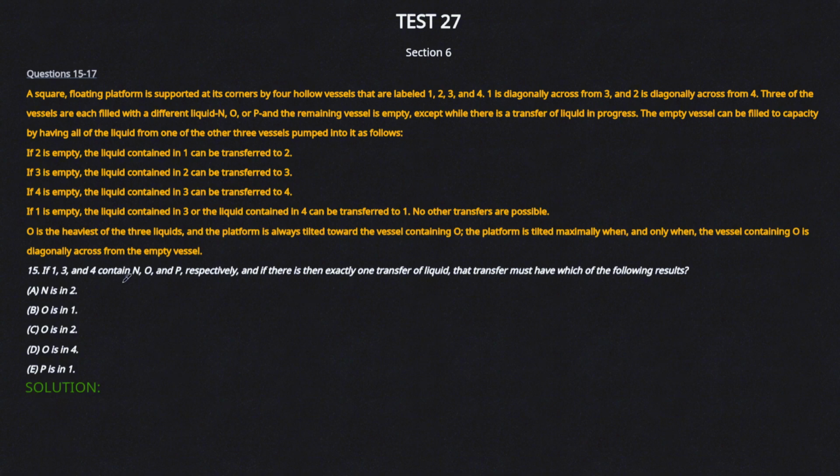If 1, 3, and 4 contain N, O, P respectively, and if there is then exactly one transfer in liquid, that transfer must have been which of the following. So let's just draw the premise here. We have 1 here, and we know we have 3 here because diagonally. Let's say we have 2 here, we have 4 here. Okay, now this is a diagonal, this is a diagonal, and then